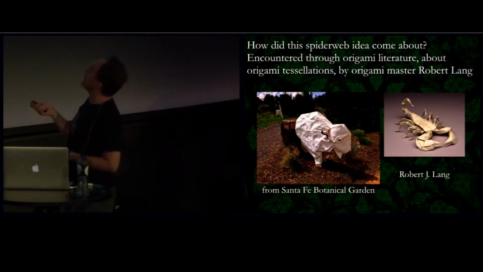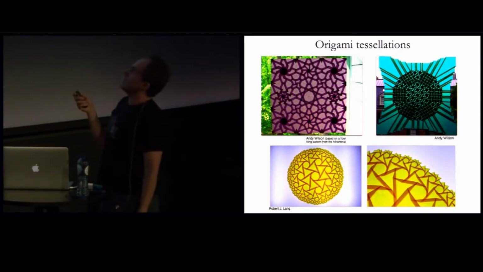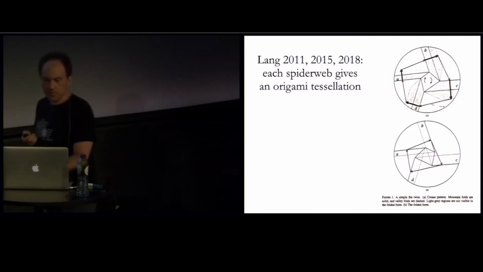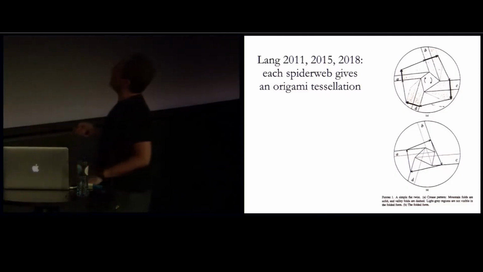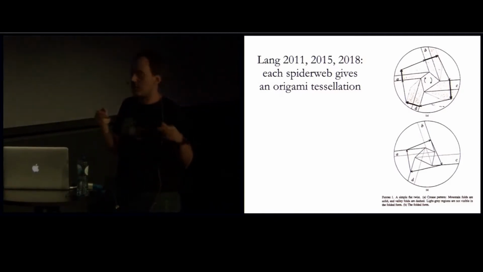Here are a couple of works that he made. Here are a couple of other origami tessellations. There are a couple of papers and a textbook that Robert Lang wrote about this correspondence between spiderwebs and origami tessellations. Okay, you can't see this, but here's an origami tessellation that I made based on the local